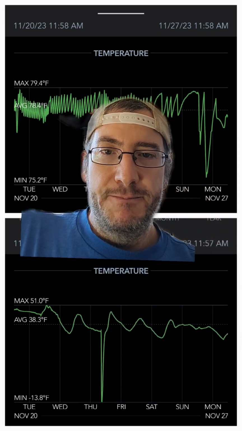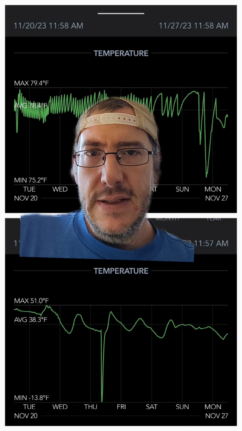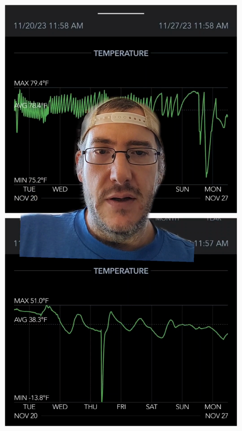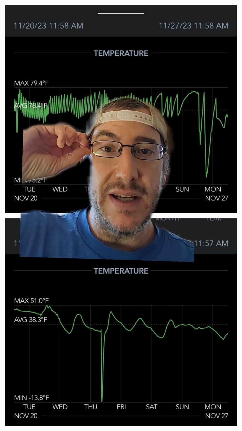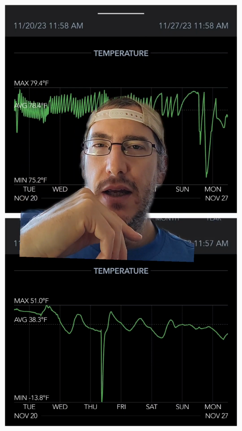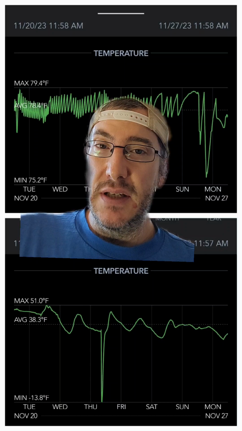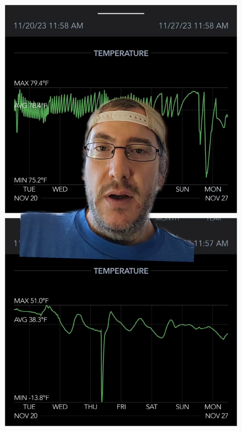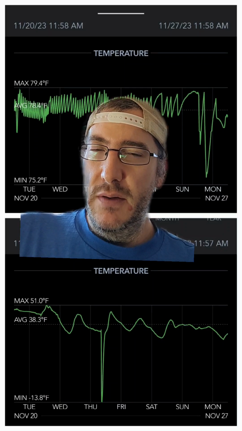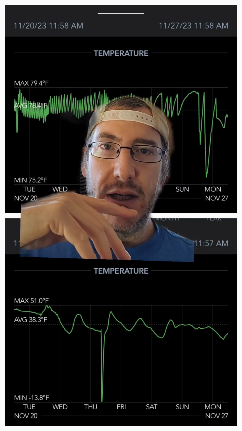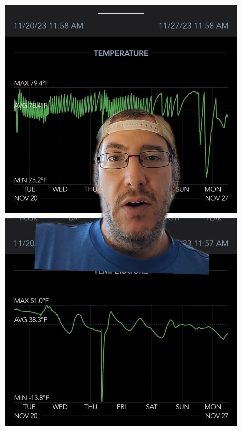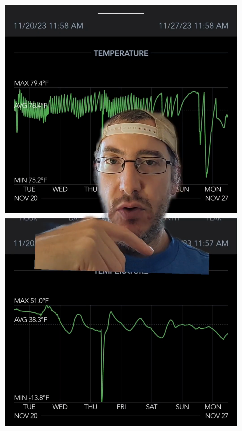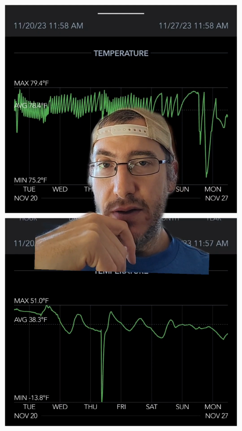On the bottom here, this is a temperature push sensor that is out in the front part of the building that's not insulated. So this is ambient temperature. Ambient in the sense that if it's a really sunny day, it's going to be a few degrees warmer, and it'll maintain a little bit of that temperature into the evening as it drops. But this is the air that gets pulled into the insect room whenever the exhaust fan turns on once the